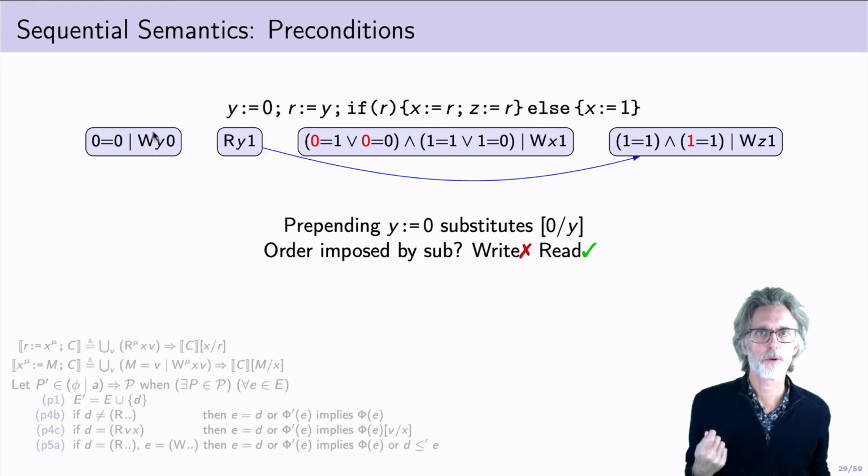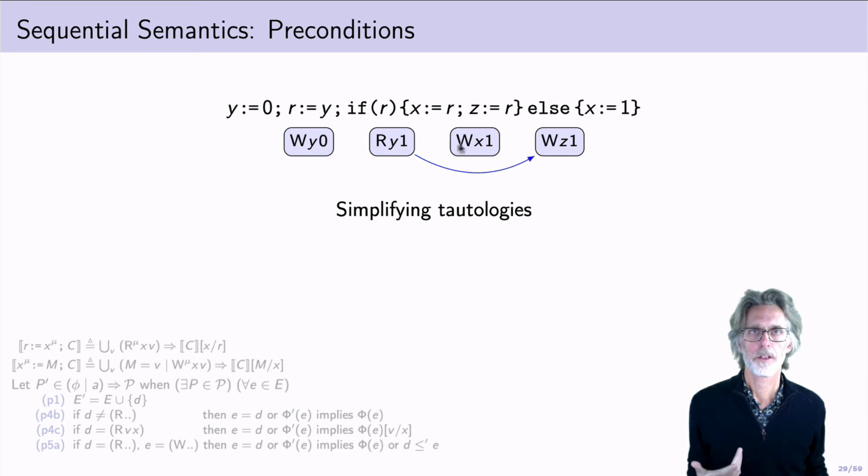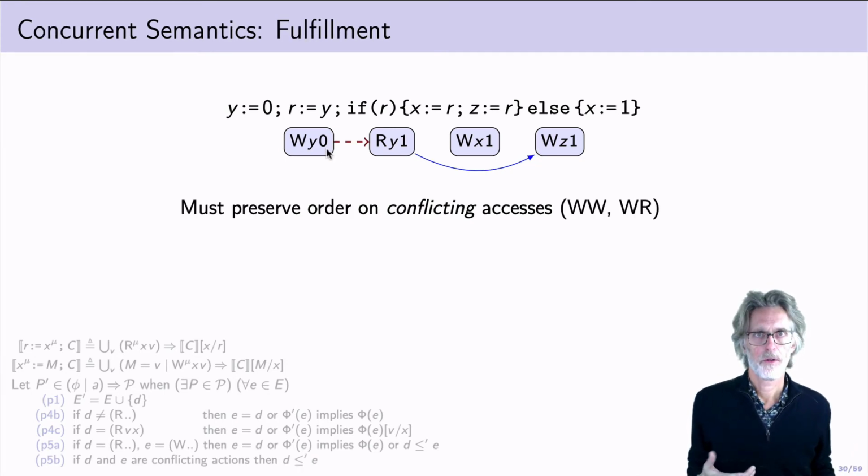Prepending a write also performs a substitution of the value for the variable, and in this case, no order is required. Simplifying tautologies, we end up with this Pomset here, and that pretty much explains the sequential semantics, how we deal with preconditions. So looking at fulfillment, we first note that we need to preserve program order between conflicting accesses,